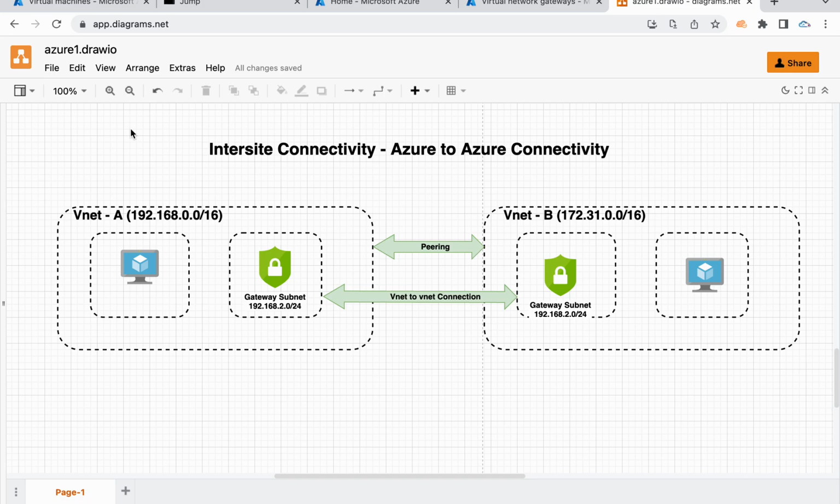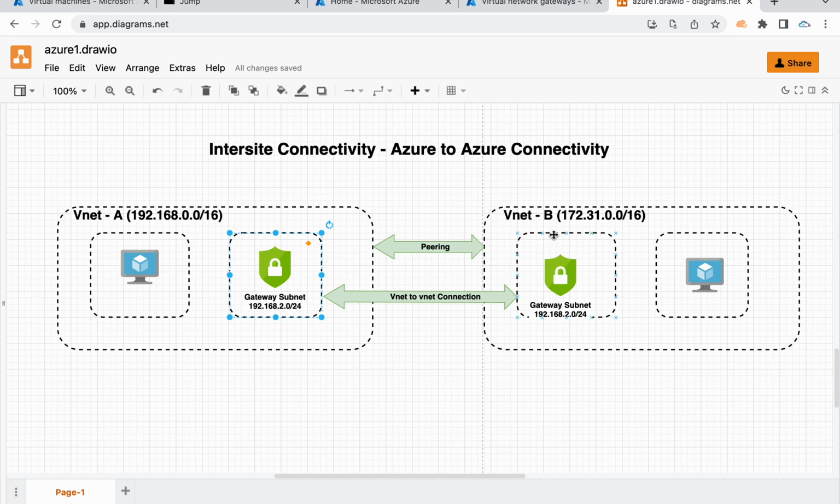And in this video, we are going to discuss how to create a VNet to VNet connection. In our last video, we saw how to create a peering, right? In peering, data transmission or communication happens over the internet. So if you want to use Azure's backbone network connectivity to enable communication, we can use the VNet to VNet connection option. All right, so first requirement is we need to have a VNet